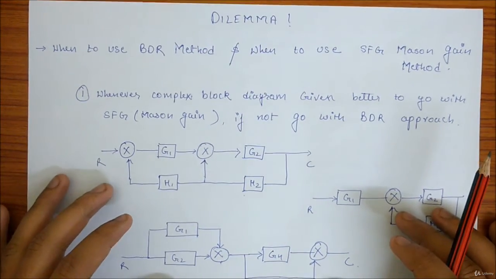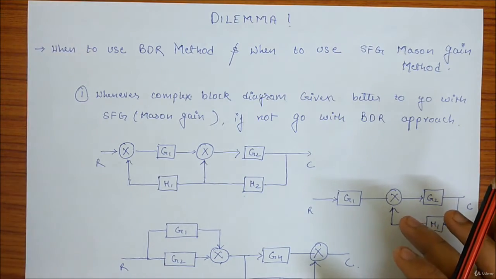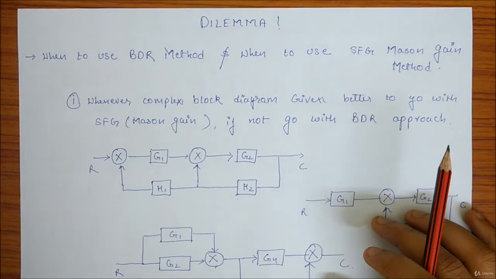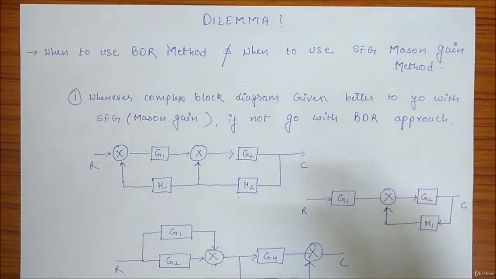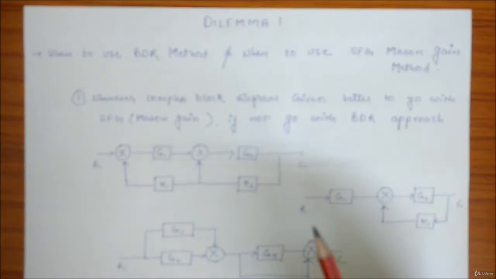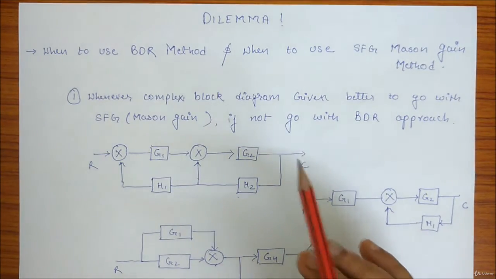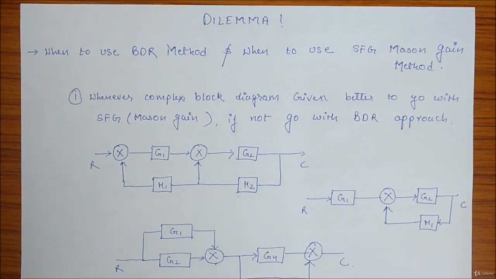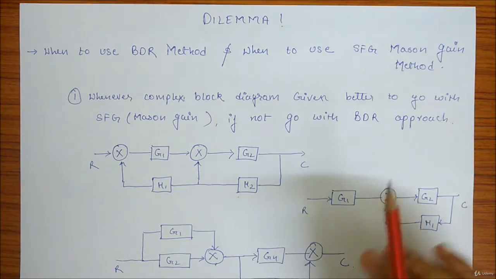So we are in the grand finale of block diagram and signal flow graphs. I think from my side I've given enough insight of this block diagram reduction technique and signal flow graph Mason's formula. I hope you are pretty comfortable with the block diagram reduction technique and Mason's, both the methods, and you are able to solve the questions.